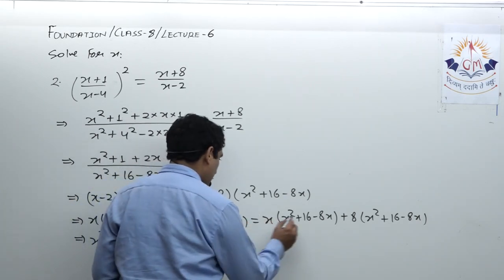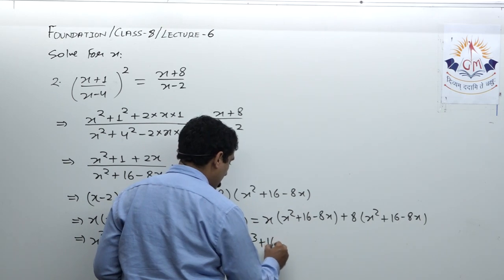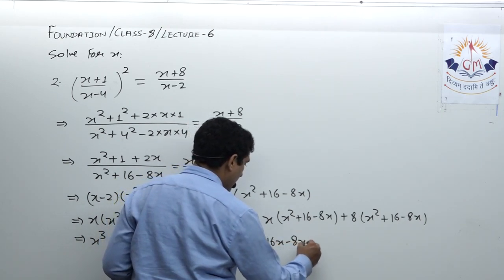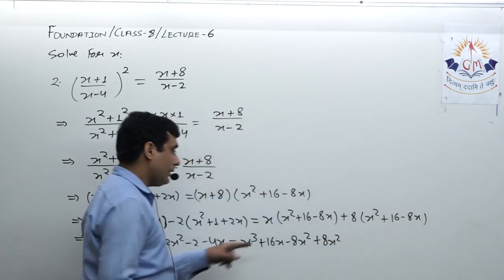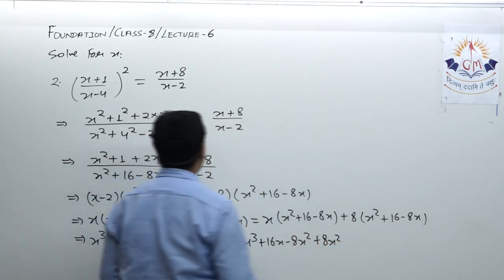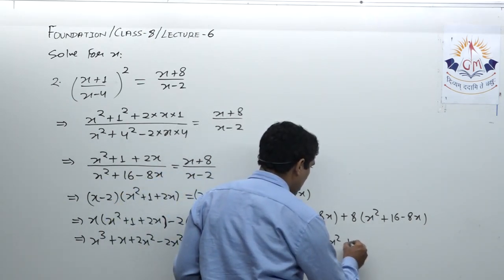Now over here it is x into x, that is x cube, plus 16x, then minus 8x square. Similarly over here, again minus 8x square plus 8x square I can cancel directly, plus 8